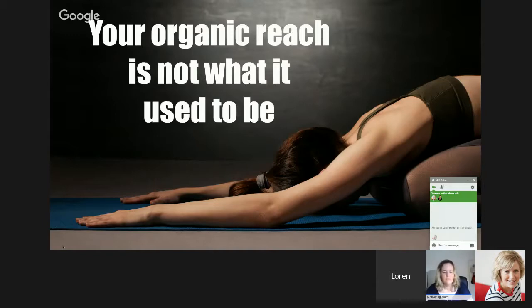And also people's interests change over time, and Ali's probably experienced this herself where, maybe in the early stages of someone being a mum, they go, oh, motivating mum, yeah, I want to be a part of that. But as their kids grow up and being a mum is not their primary focus anymore, then maybe motivating mum is not as much of an interest to them as it was in those early days. So you've got to understand that just because someone liked your page once, it doesn't mean that they're always going to.